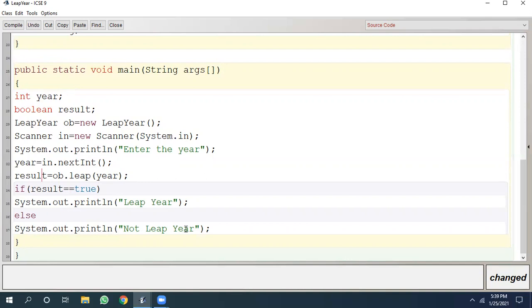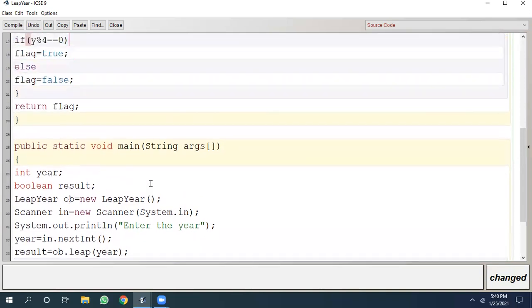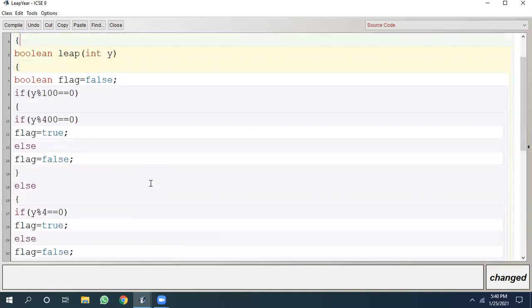So what we have to study is the leap function, because this is the main function which checks whether the year is leap or not. We are passing year as a parameter here. This is the actual parameter. We know that a function has two types of parameter, the actual and formal. Here we are passing the variable. This is the actual parameter, and it shall be received in the formal parameter, which is y here.